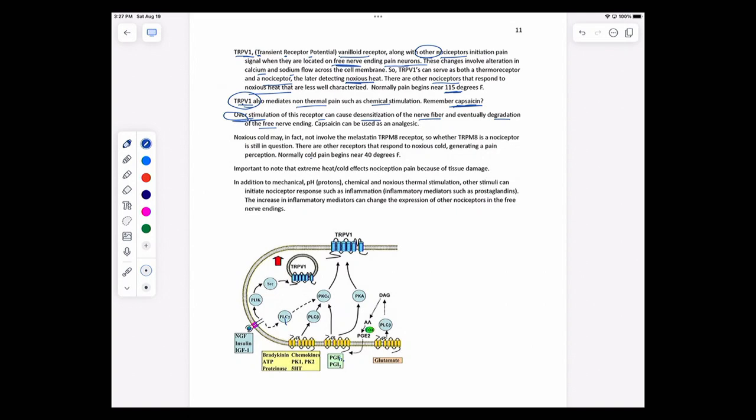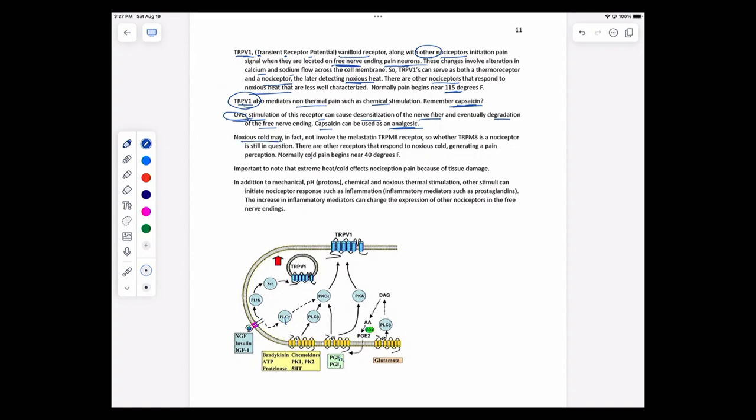Well, because capsaicin has that particular effect, it can actually be used as an analgesic. So you can put capsaicin in creams and such and rub it on an area of the skin, and yes, it's going to maybe burn or have a warmth, but if you do repeated applications, eventually you're going to start degrading the free nerve endings there that are associated with pain, and it can actually help with pain.